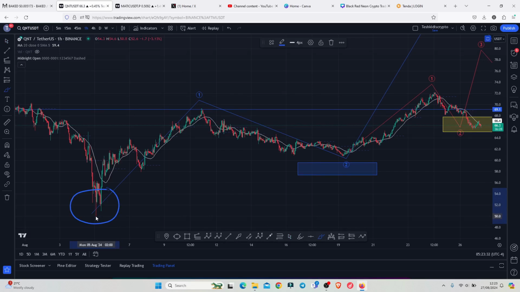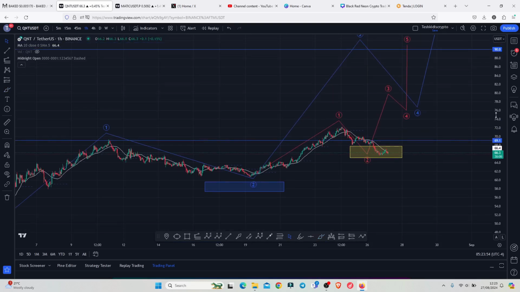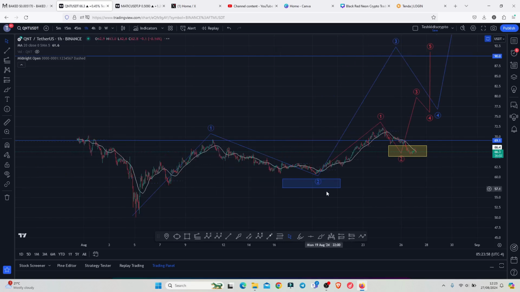We started a very nice bounce to the upside where we first picked in this Elliott wave count 1. Then we started a bit of a corrective structure in the formation of this Elliott wave count 2. And after we got the low for the second wave, we continued to see higher prices in a move that I have been terming as the start of an impulsive Elliott wave count 3,